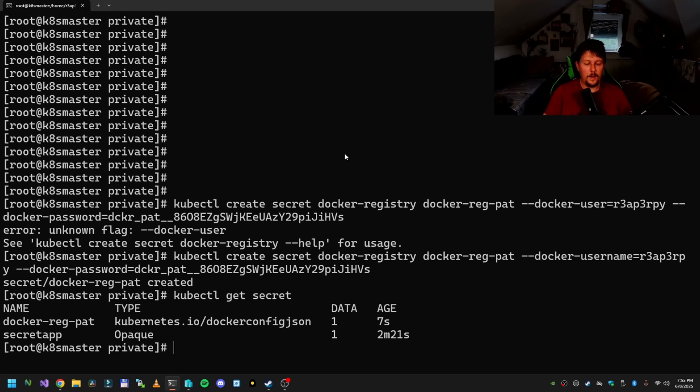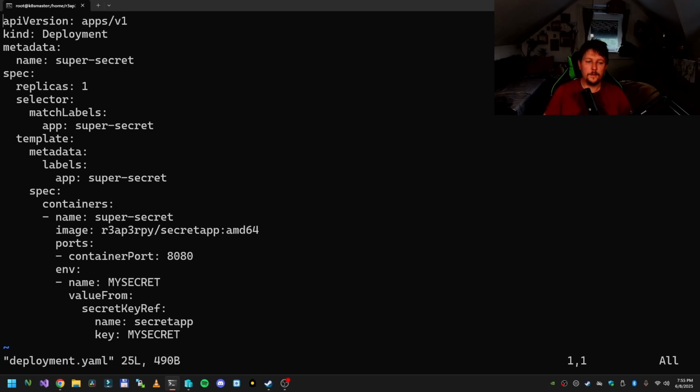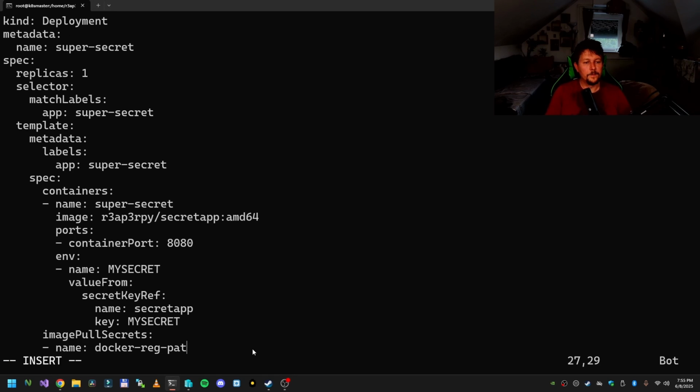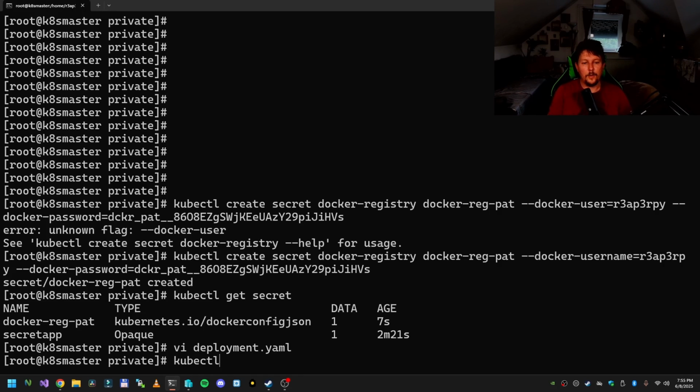And now I have to edit my deployment, and inside this deployment at the end I have to add the imagePullSecrets. So this is going to be the reference for the secret that we just created, and the kubectl apply of the deployment